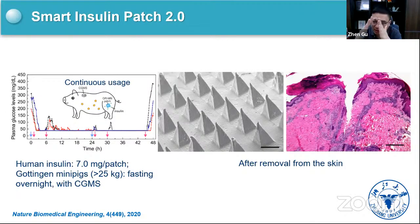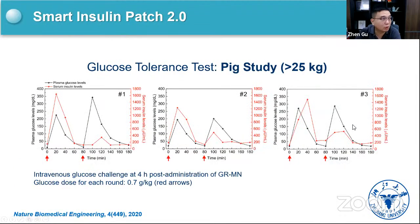And since the matrix is cross-linked, and only insulin can be delivered to the body, the biocompatibility is also pretty good, and it shows very limited irritation to the skin. And we also performed the glucose tolerance test. Once the blood glucose level becomes normal,